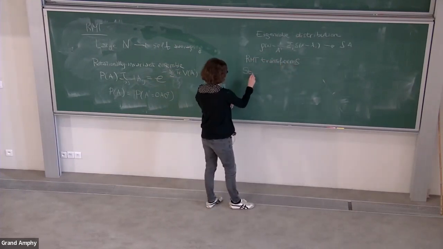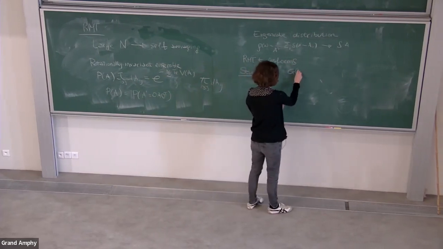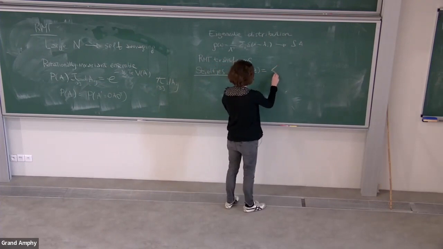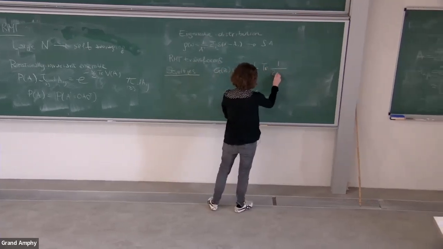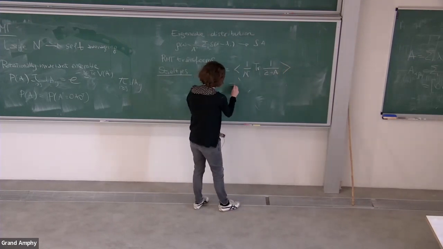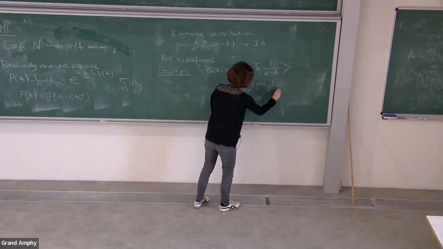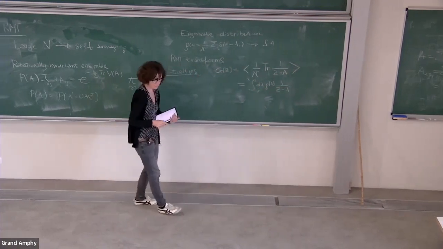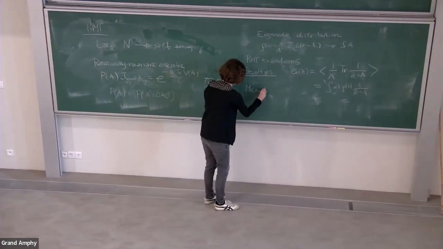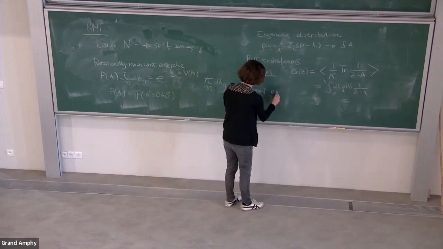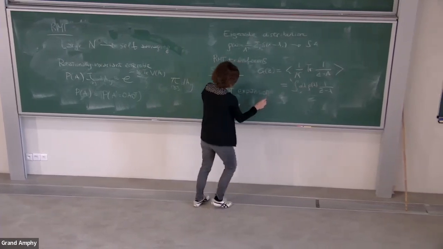One is what I call G of Z. It is the average of the trace of the resolvent. This means that you can write it like this. This is called the Stieltjes transform of the density of eigenvalues. The nice property of this Stieltjes transform is that it is a sort of generating function for the moments, because you can